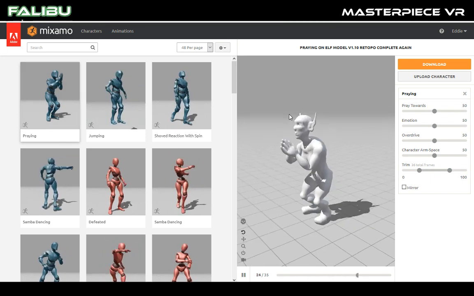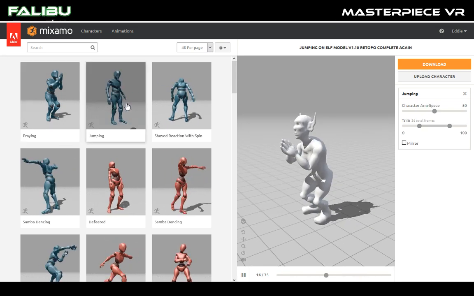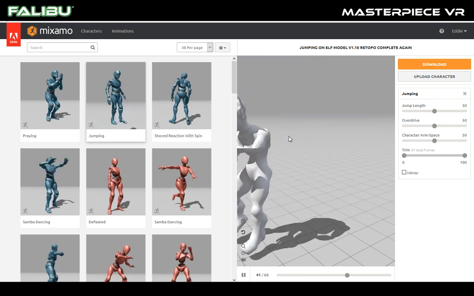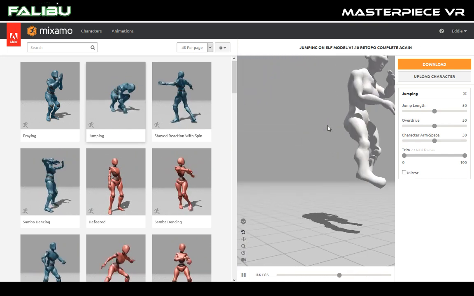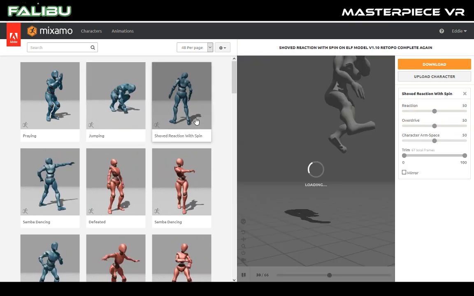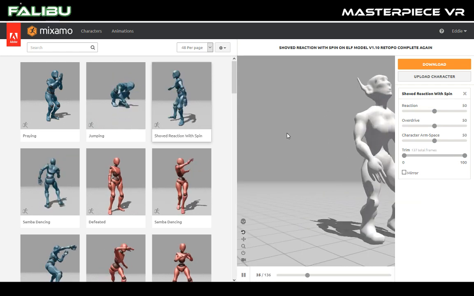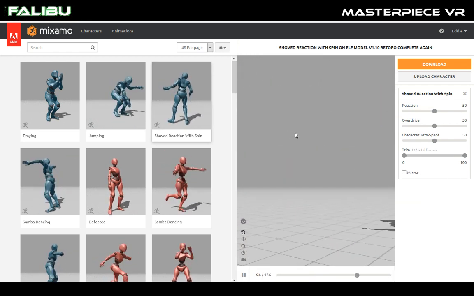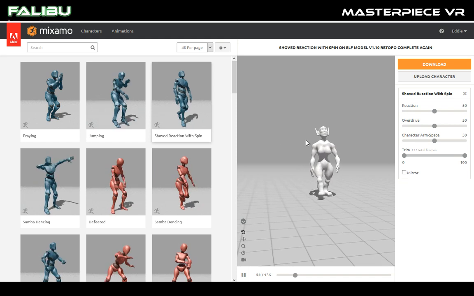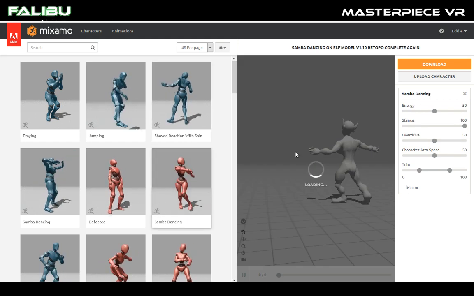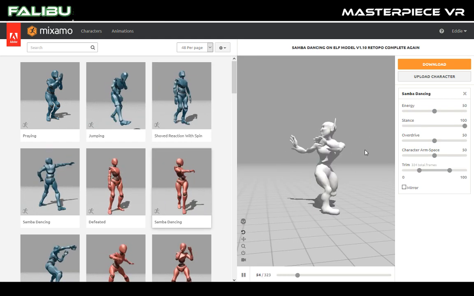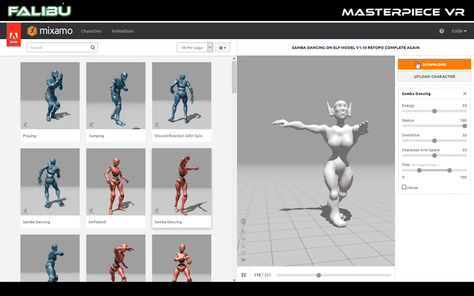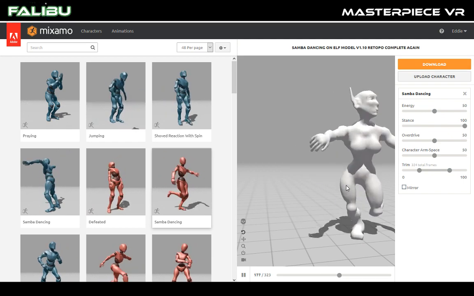She's just there, little animation. Oh, jumping down, nice. You can kind of just see how you find the one you want, and then you download it, and that's it. You can mirror it and stuff like that, but